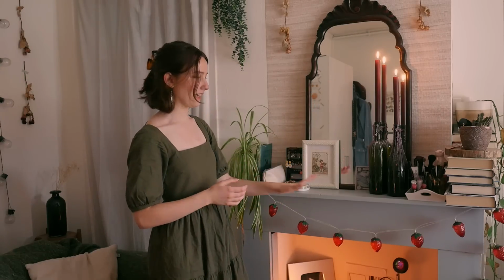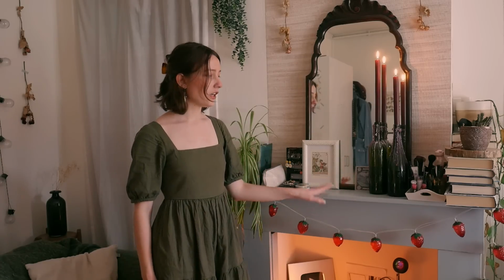Let me show you the fireplace a little bit more. One of my favorite parts of this room is that it has an old, well, it's not a chimney, it doesn't work anymore, but the parts of the chimney were still there, and I've kind of turned it into a vanity because I don't have a bathroom. This is where I have all of my makeup,